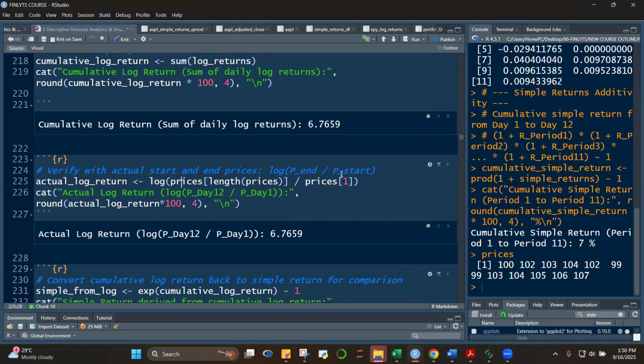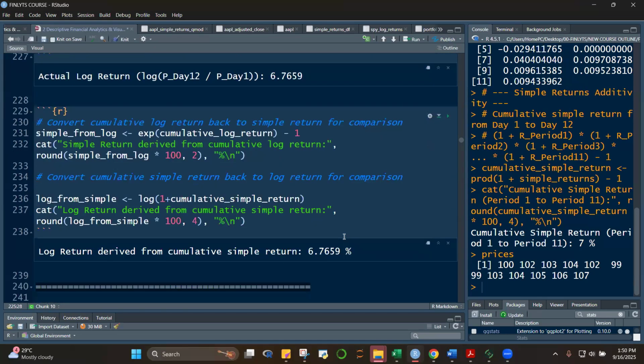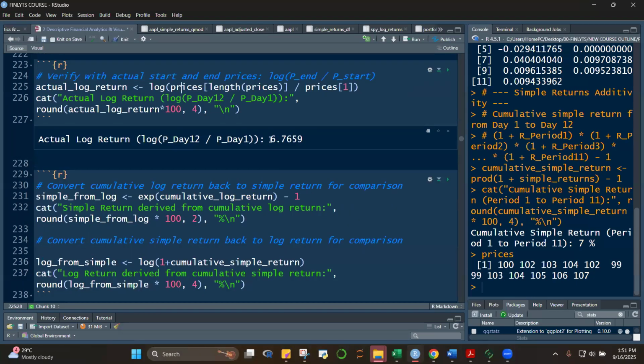Okay, so I'll not discuss this anymore. I just use the log of P sub t over P sub t minus 1. Okay, so let's go here, class, and then let's see. Let's convert your cumulative return. Okay, our cumulative return is 6.7659. So let's convert it into